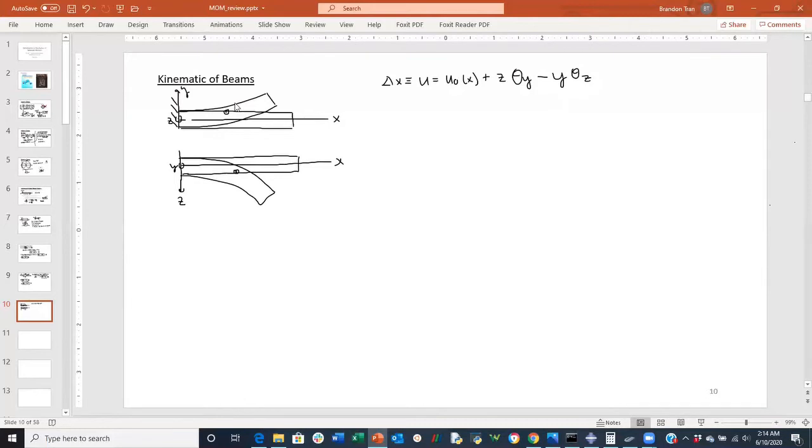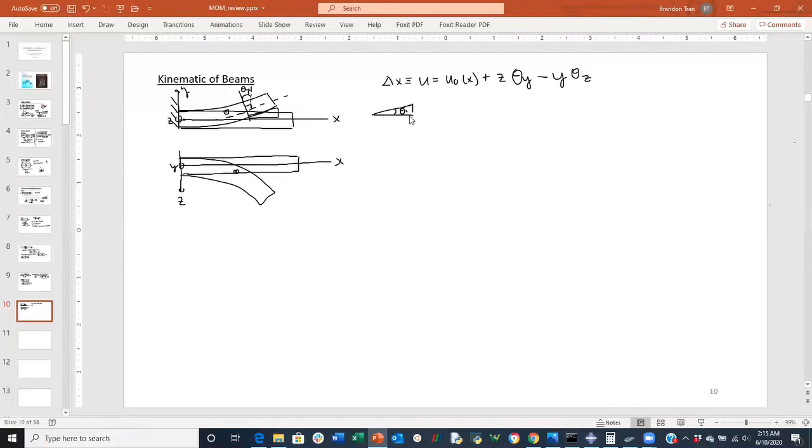So just by looking at the kinematics here, if I take the cross section and look at the camber of a beam, if I look at this camber and at this angle delta y here, and transpose this so that we can make the equivalent triangle. Okay. This equivalent triangle here, let me go ahead and explode this. That equivalent triangle,